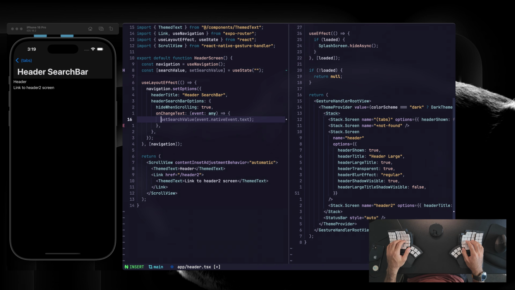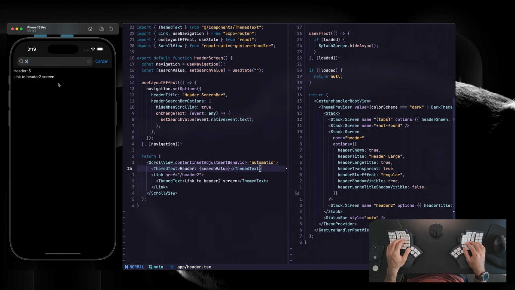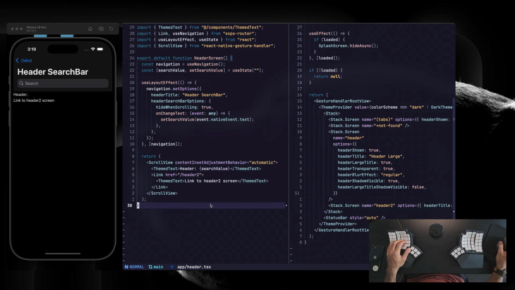This is wrong. Set search value. There we go. And now let's just display our search value. Here, search value, and now then when we type, we have something. There you go. So now you have your input as requested,